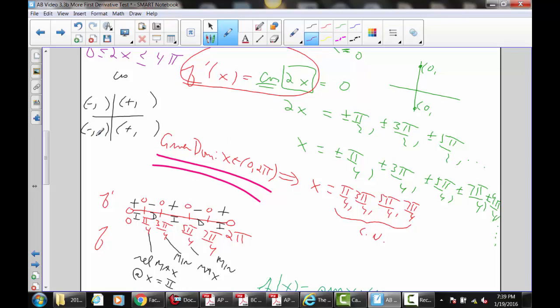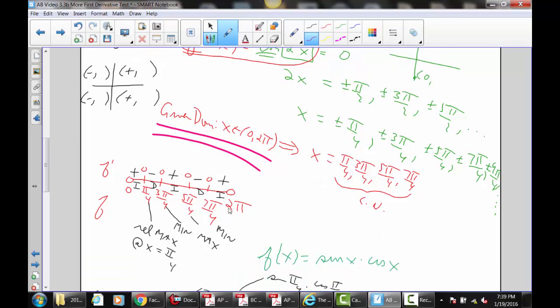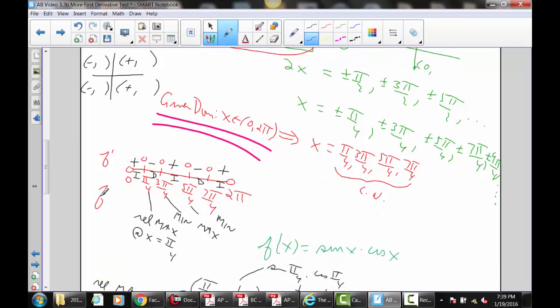Well, that whole time, the cosine is negative. So you go through that process. It's tedious. And of course, when the first derivative is positive, f is increasing. When the first derivative is negative, f is decreasing, etc. From left to right, if it goes from increasing to decreasing, there's a relative max. If it goes from decreasing to increasing, there's a relative